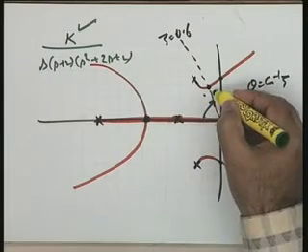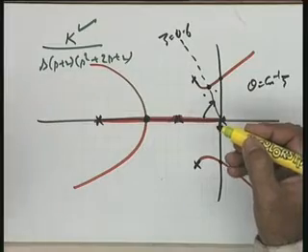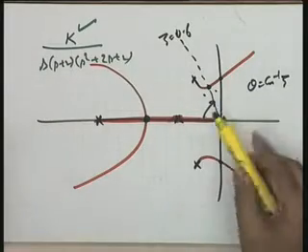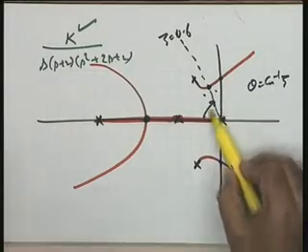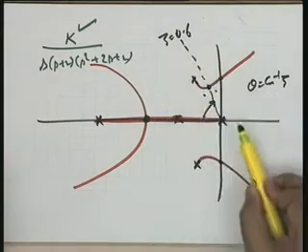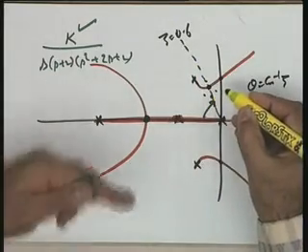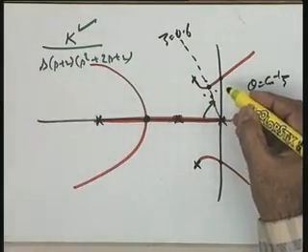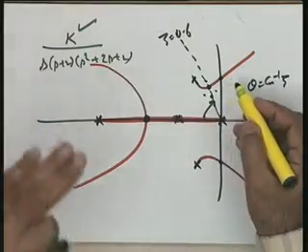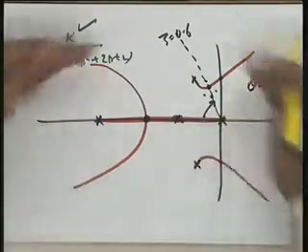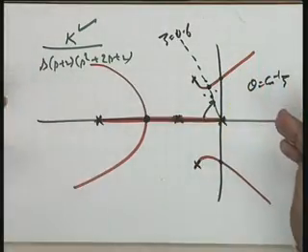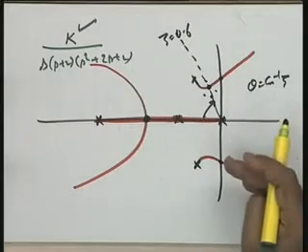You cannot try here and here, because you want zeta equal to 0.6. So, it means your trial of points is dictated by this line only. So, you take a point here or here, depending upon whether the angle is plus or minus. Whether you want to increase or decrease the angle, that will become clear when you make the root locus sketch from here, when you apply the angle criterion.